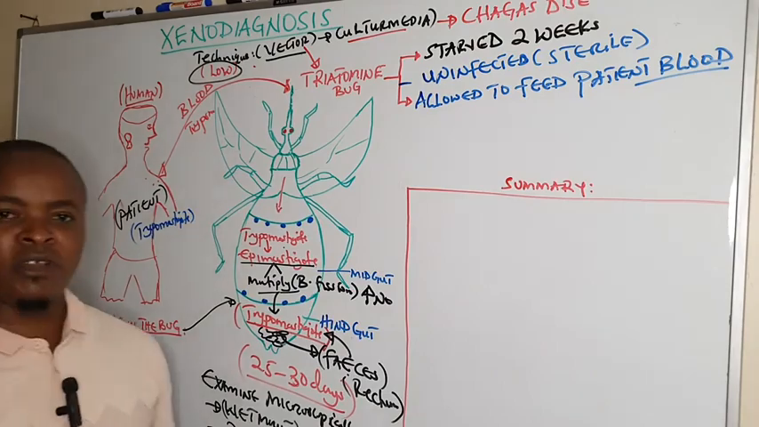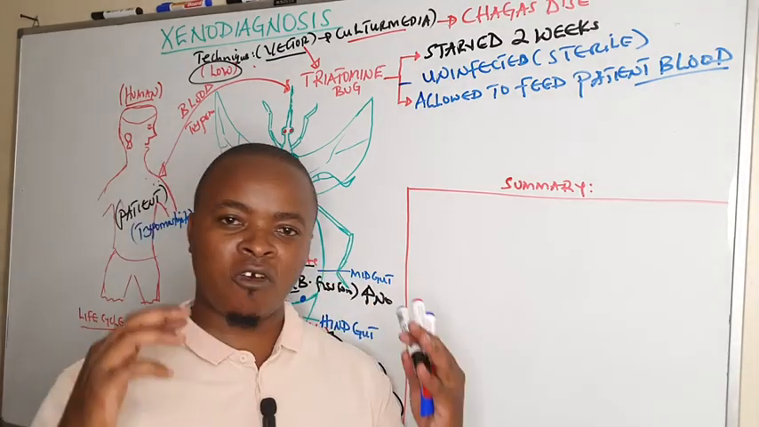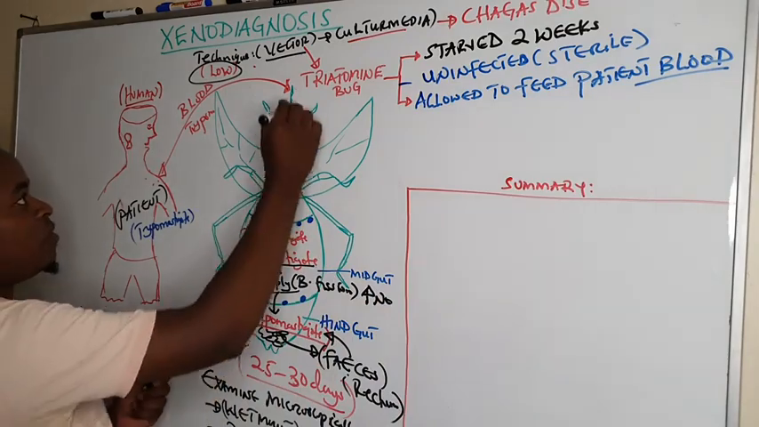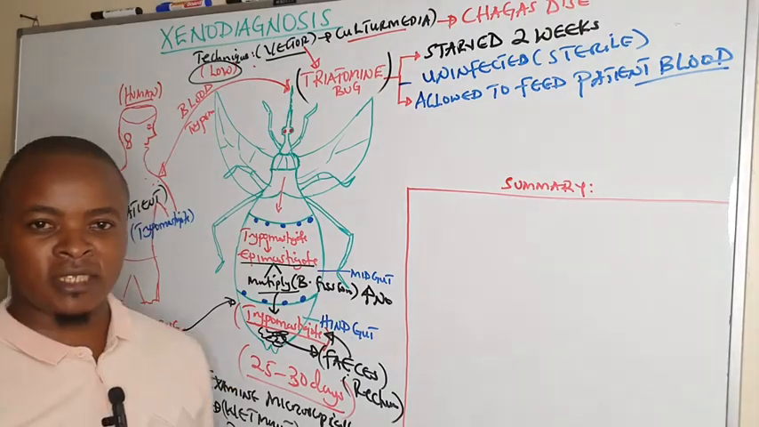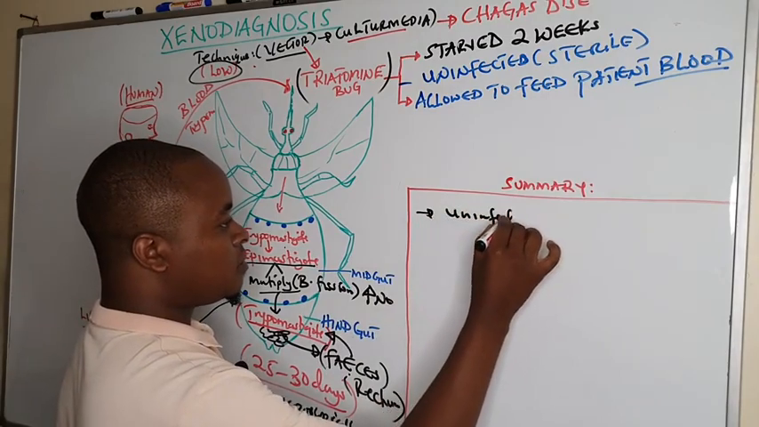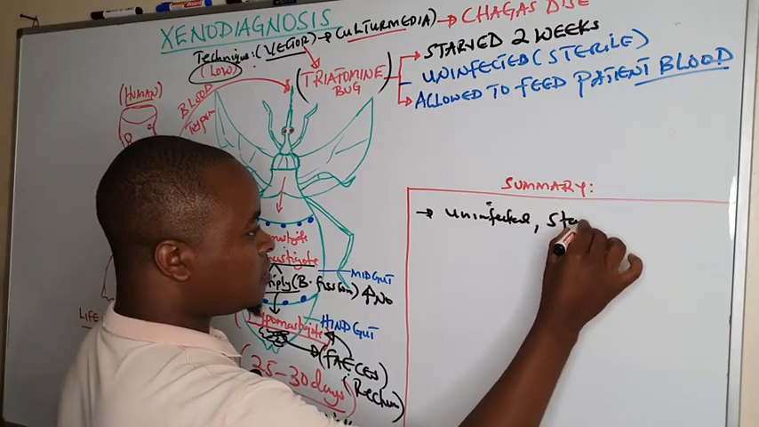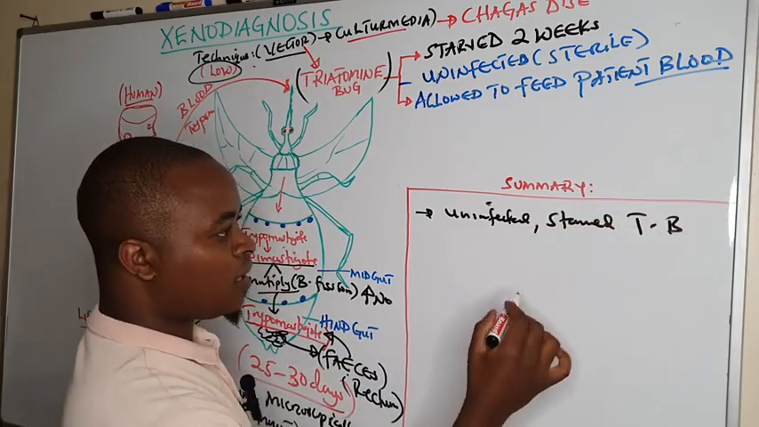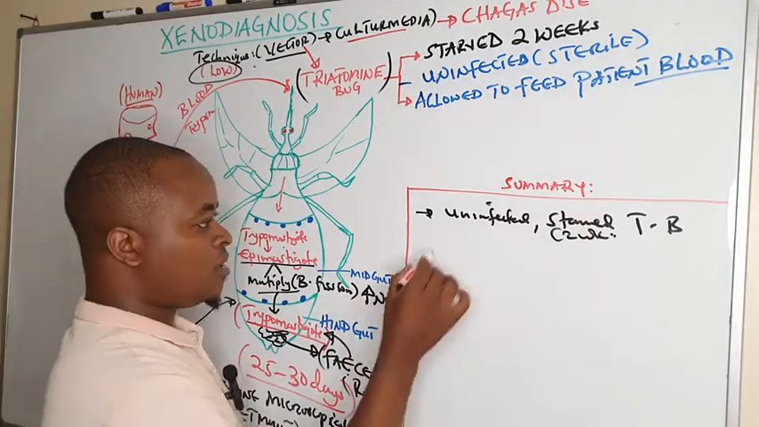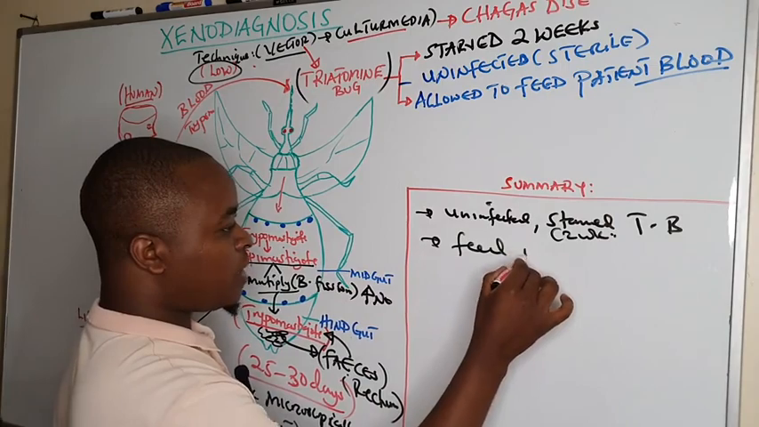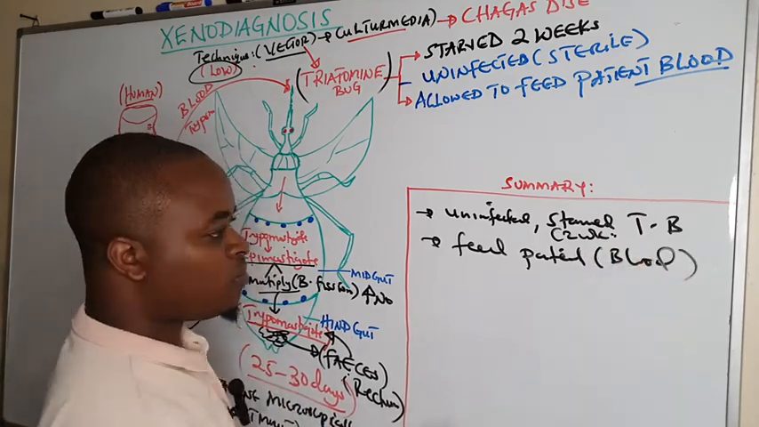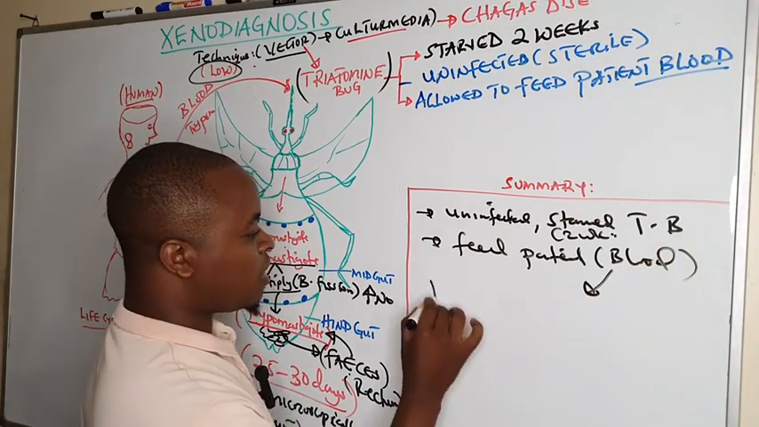So in summary, we are using a vector, an insect in the lab, to act as culture medium, for example the triatomine bug in the diagnosis of Chagas disease. We use an uninfected triatomine bug or kissing bug, which has been starved for 2 weeks. Then after those 2 weeks, we allow it to feed on a suspected patient. After ingesting this blood, if it contains trypomastigotes,